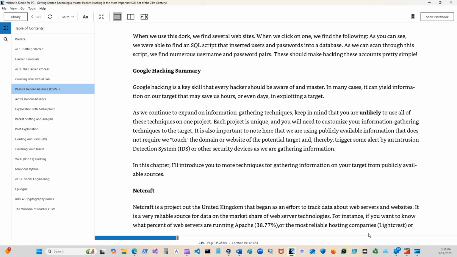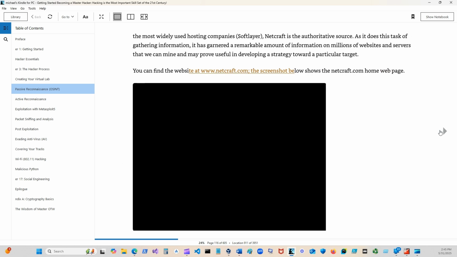For instance, if you want to know what percent of web servers are running Apache, 38.77%, or the most widely used hosting companies, Netcraft is an authoritative source. It has gathered a remarkable amount of information on millions of websites and servers that we can mine and that may prove useful in developing a strategy towards a particular target.